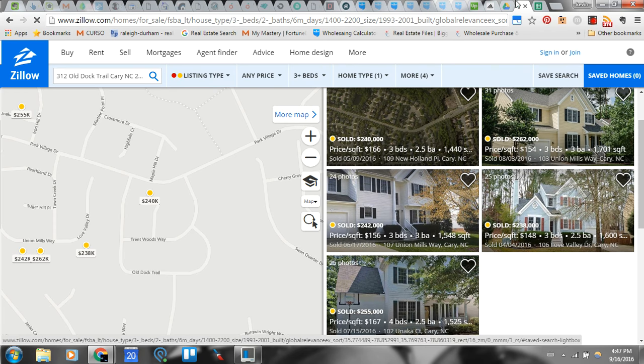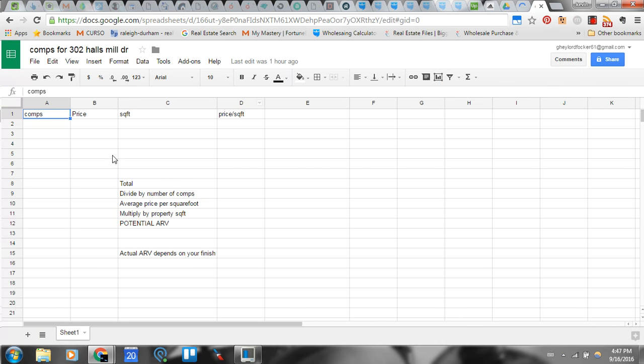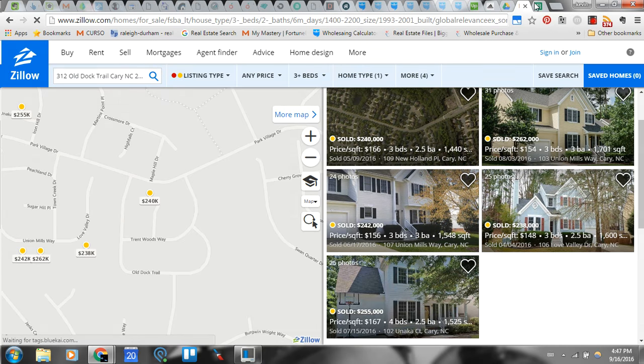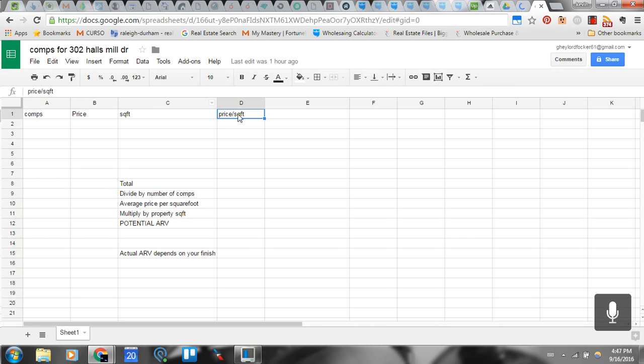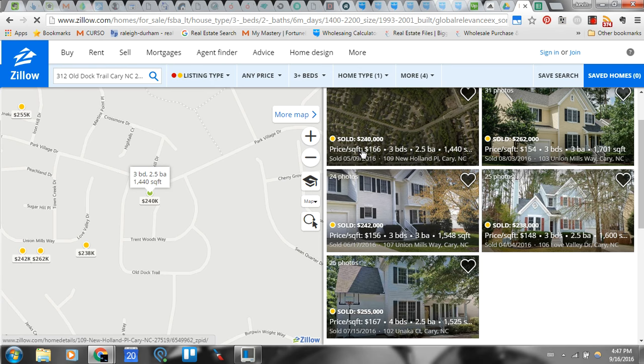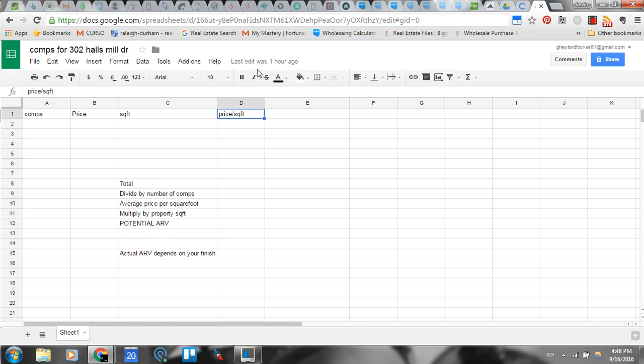So what you're going to do is have a spreadsheet. You can use Excel. I like to use Google Drive and Google Spreadsheets. In the spreadsheet, I have comps, price, square footage, and price per square foot on top, which is what I'm going to get out of this list right here. I actually don't have to calculate the price per square foot because Zillow already gives it to you, which is what I like about Zillow. So all you're going to do is get the price per square foot of each of the properties on your list. So 166 for the first one,